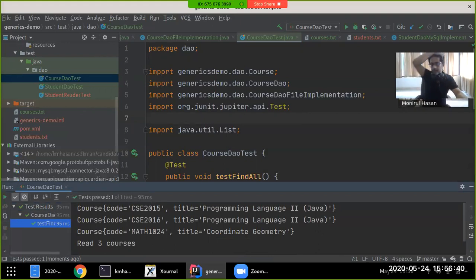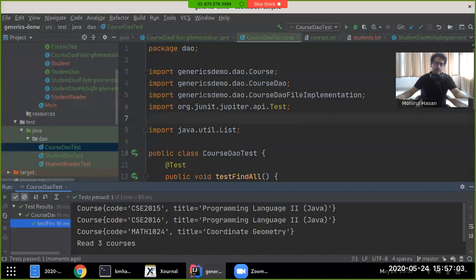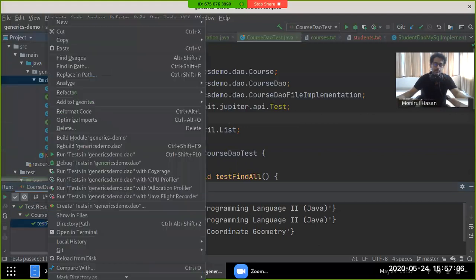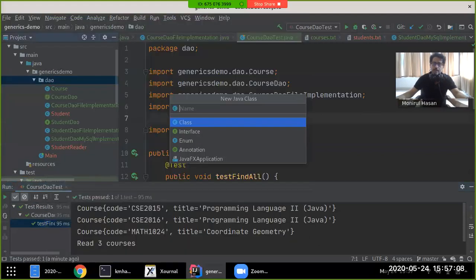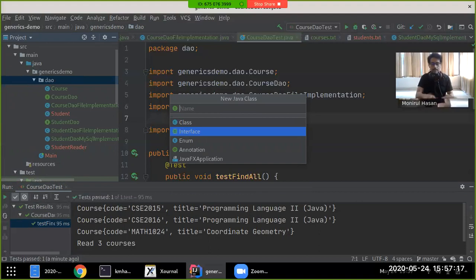So we had to create a new interface for course, the course DAO, just like we had one for student DAO. And you can imagine for every other data type that we have that needs persistence, that needs saving into the database or into a file, or to be read from a file or a database, we will have to create new interfaces every single time. And at some point you'd get bored of it, and you'd see that there is no real purpose in it. So rather than doing it in that fashion, why not we create a generic interface which can be used for anything really. So the way we do that is let's just create this with a name called CRUD